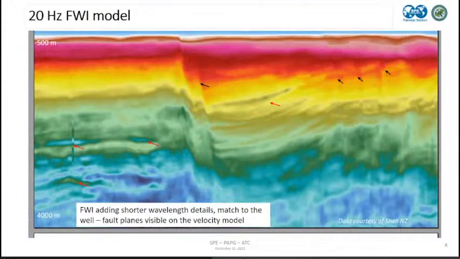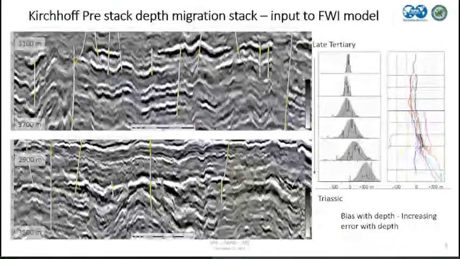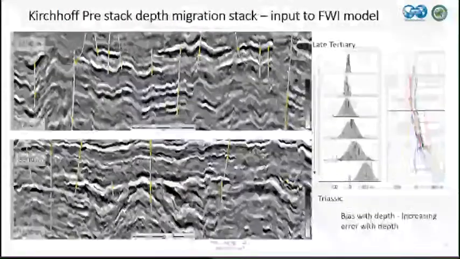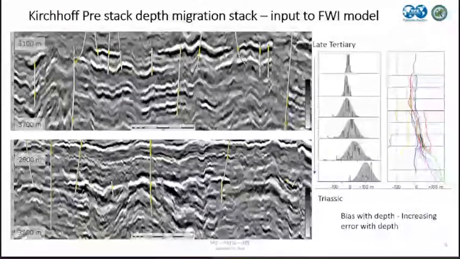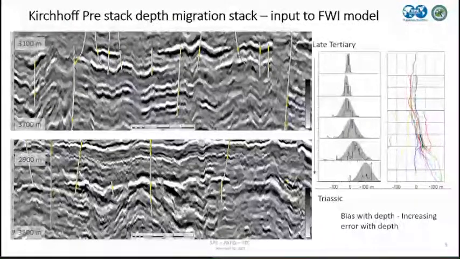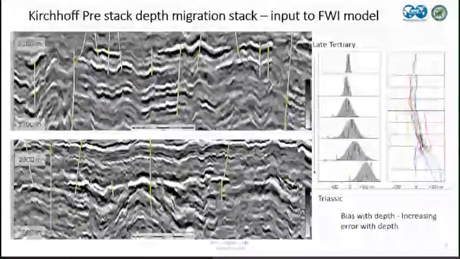Now we have seen what it does to velocities. Looking at the seismic now, our section here goes from late Tertiary to Triassic. So that's almost a kilometer section we are looking at here, obviously squeezed. From a seismic point of view, you would always think, oh, it looks like a high frequency statics issue. In reality, it's not. The issue is caused by the carbonates in the near surface, and we haven't resolved them,